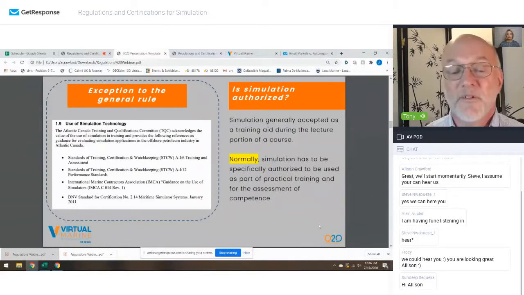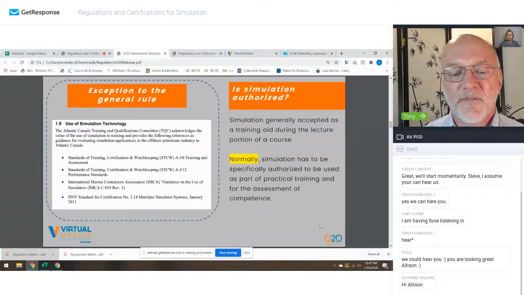So where do you find them? Well, that's in section A1/12, standards governing the use of simulators. There's two parts. I'm going to talk about part one right now, and then part two will follow shortly. It's about how you structure your program. But in part one, it says that the simulators used in training or in assessment, there's a parallel provision to this, have to be suitable for the training tasks.